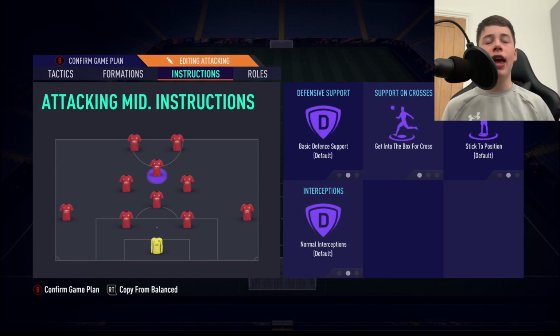Our cam is going to have every single thing on default except from his support on crosses is going to be getting into box for cross. Like I said, get them in the box. Seriously, get them in there. Overload that box. No matter who it is, your CDM, your 2 box-to-box centre mids, anyone, get them in there